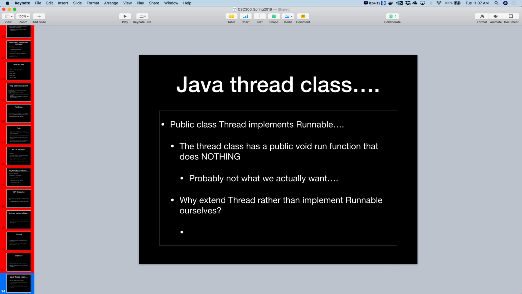Now, why extend Thread rather than implement Runnable ourselves? We've kind of talked about how threads and processes are pretty close to the operating system. There's some magic that has to happen behind the scenes. There's communication happening between the Java virtual machine and our operating system that we do not have direct access to. So if we need something to behave like a thread, which is an operating system level system call,